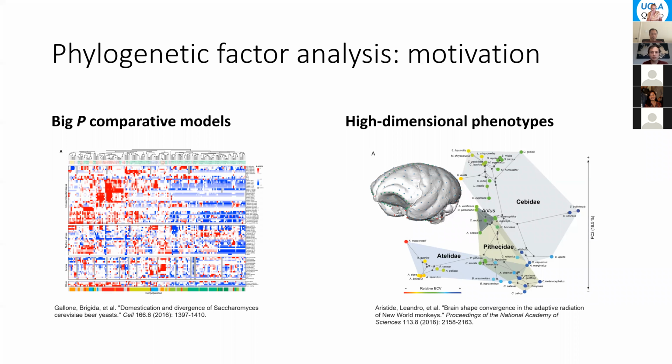The challenge of these comparative methods is that they don't scale well to big P problems. Those are problems where you have lots of different phenotypes that you're trying to understand the relationships between. One problem we were interested in looking at, you can see on the,